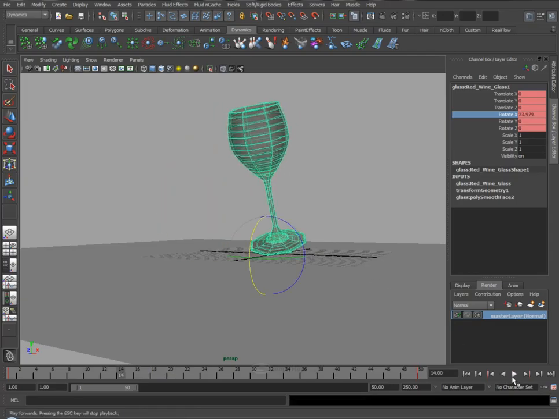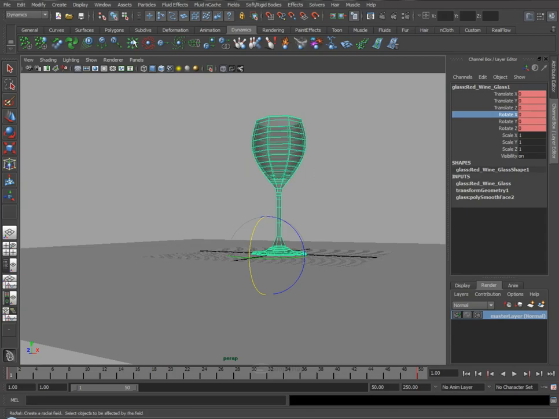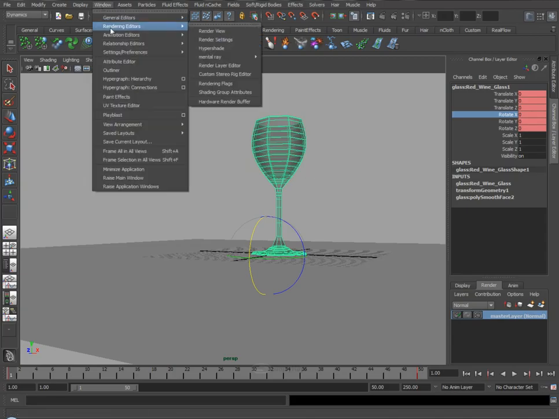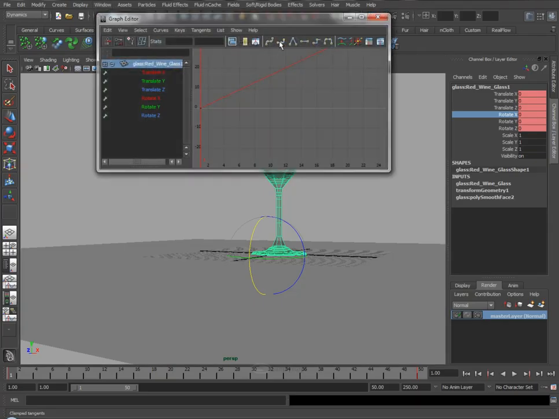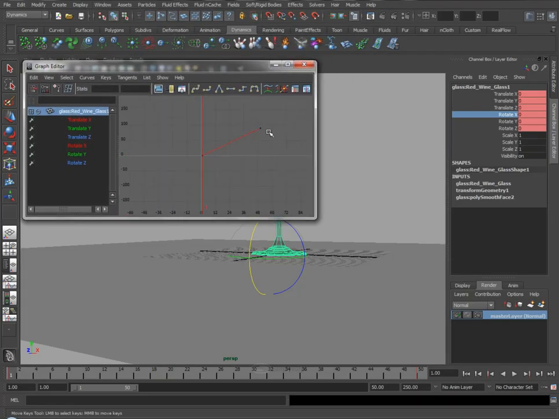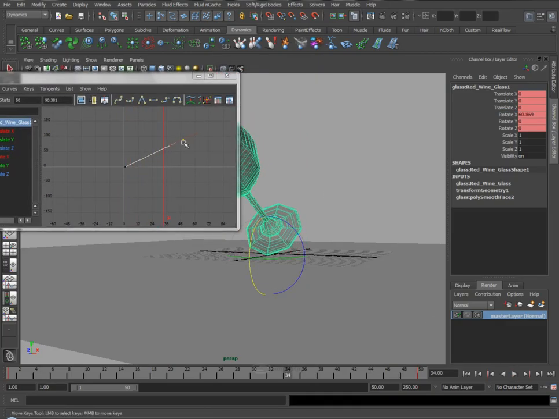I mean, if you were to knock a glass over in real life, it might go slowly for the first part until it gets to about here, and then it would fall towards the floor a lot faster than that. So in order to do this, we're going to go up to our general editors, sorry, animation editors even, and go to the graph editor, and we'll bring this up. And you can see here, this controls our rate of fall. So if I select this one and middle mouse drag,